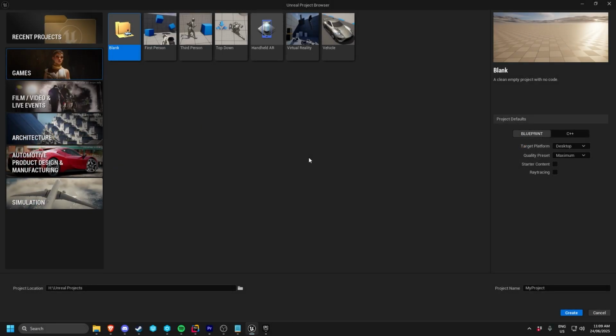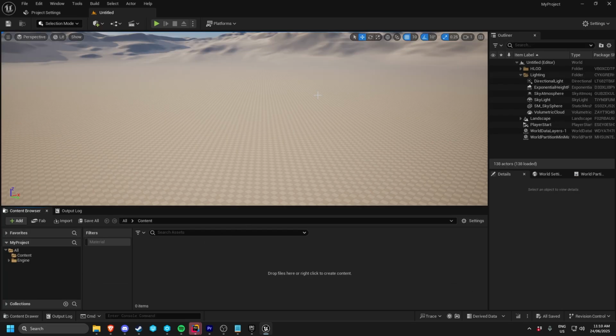So starting with a blank project, you should be right to use any of the templates here if you want to. I'm just going to choose a blank one. I'm going to choose a C++ project, and I'll just leave it as my project and put it in my usual directory. All right. Starting in a blank project, the first thing I'm going to do is just install the plugin,